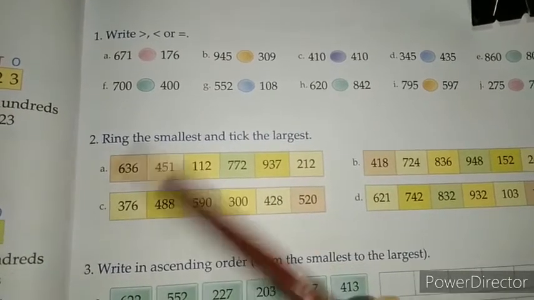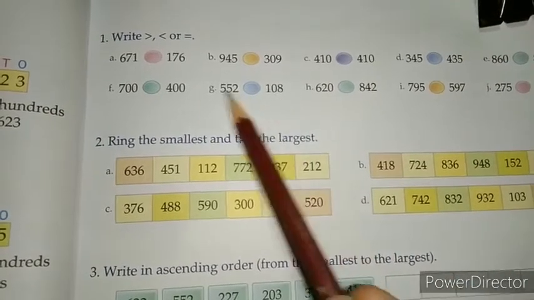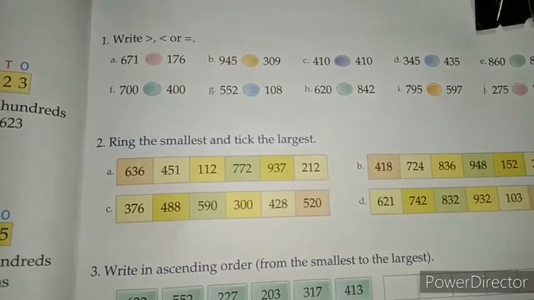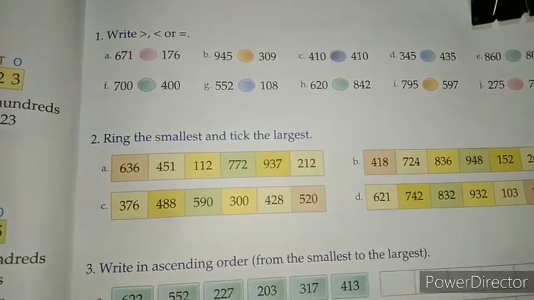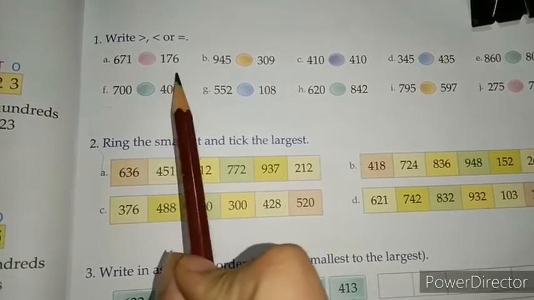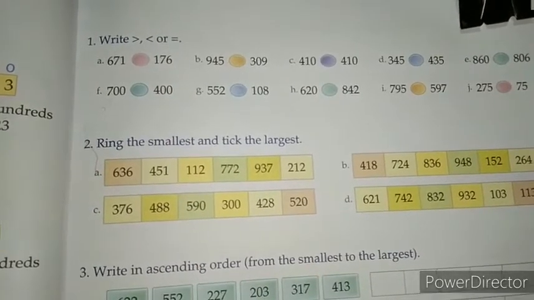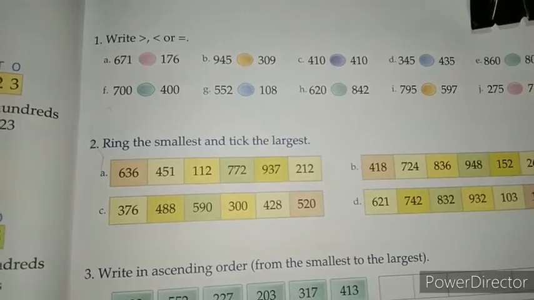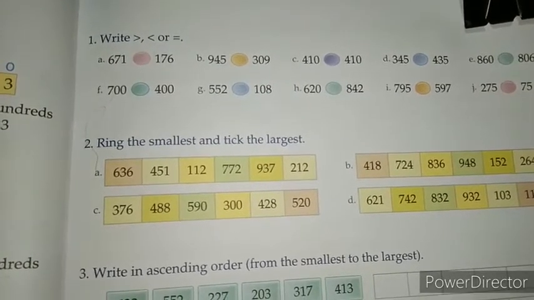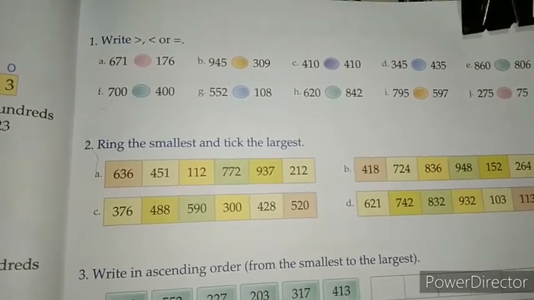Okay, so here we have some blank boxes. Here we have to write the correct sign according to the numbers. Okay, so let's start. First one, 671 and the second number is 176. Then students, tell me which number is largest? 671. Then here we will write